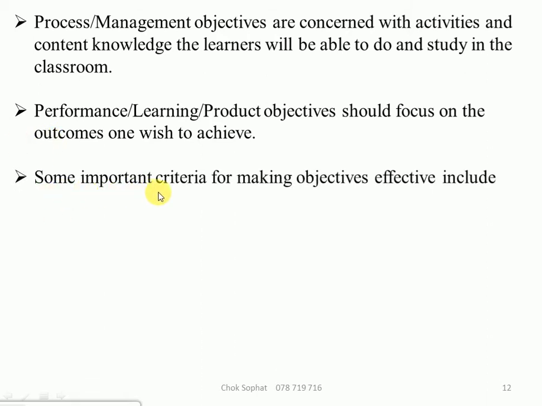Some important criteria for making objectives effective include